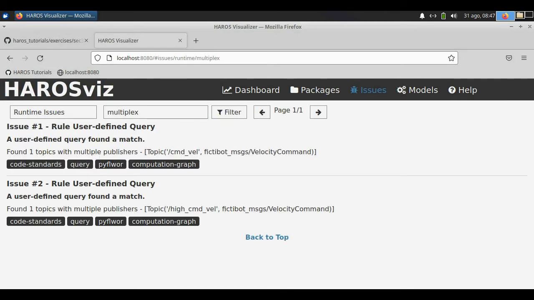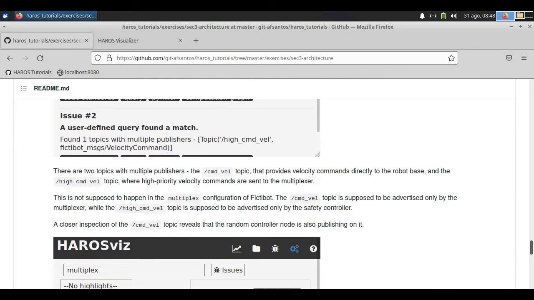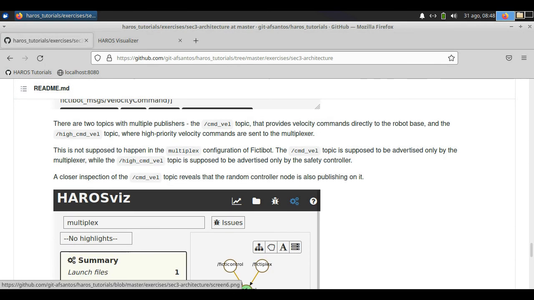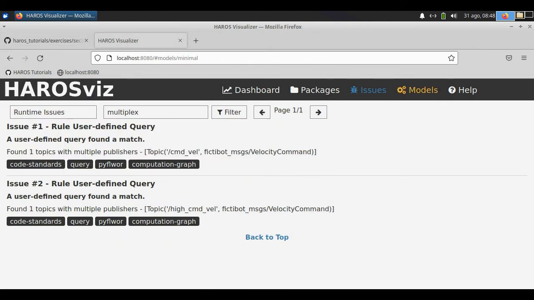There we go. We can find here two new entries stating that two topics have multiple publishers in the multiplex system. This is not supposed to happen according to the documentation, so there's something fishy going on here, probably some missing remappings or something along those lines, which we will be inspecting now.